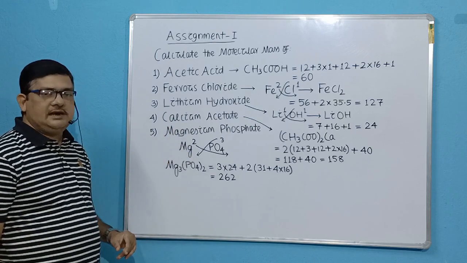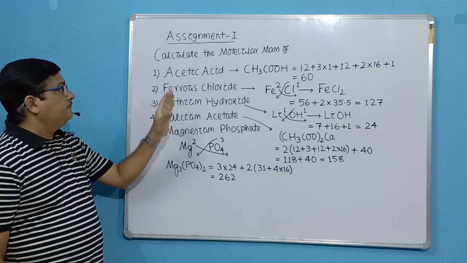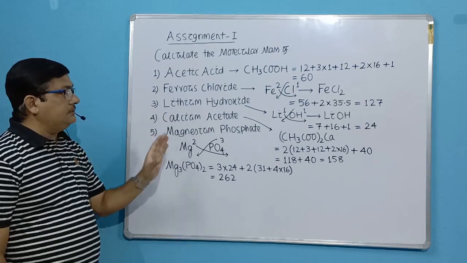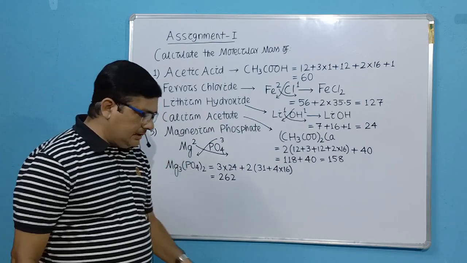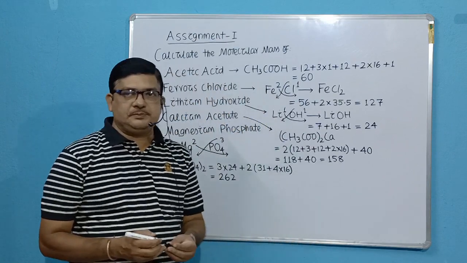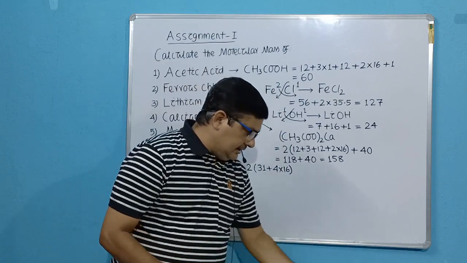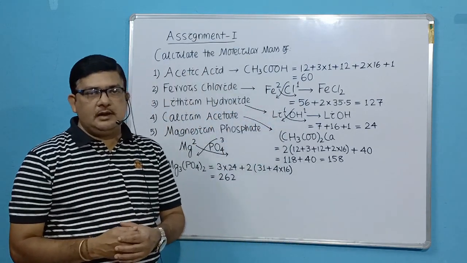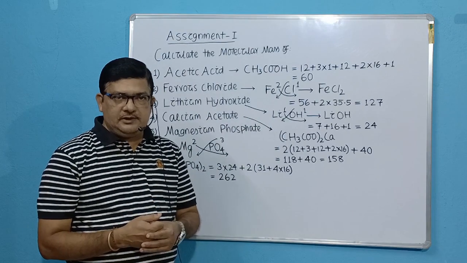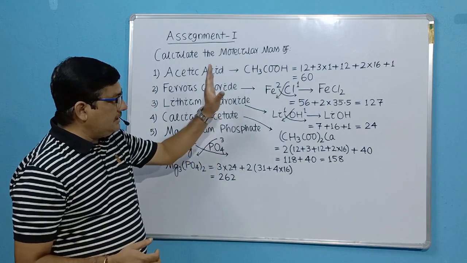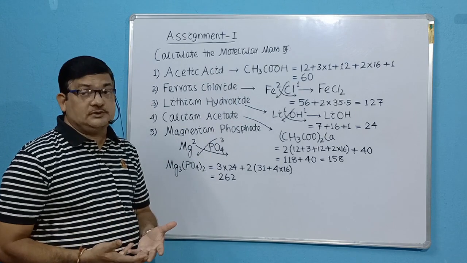So accordingly rectify these things. This is the last batch of assignments for molecular mass. So you should by now learn how to calculate the molecular mass perfectly, because hereafter we will be going to equivalent mass. For calculation of equivalent mass, you should be able to calculate the molecular mass as quickly as possible.